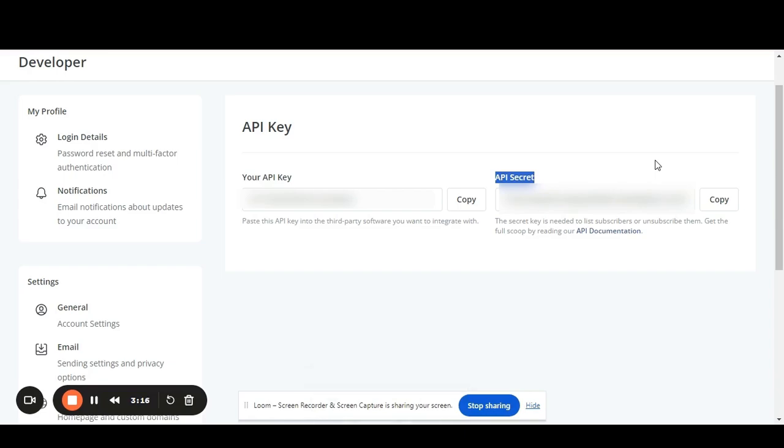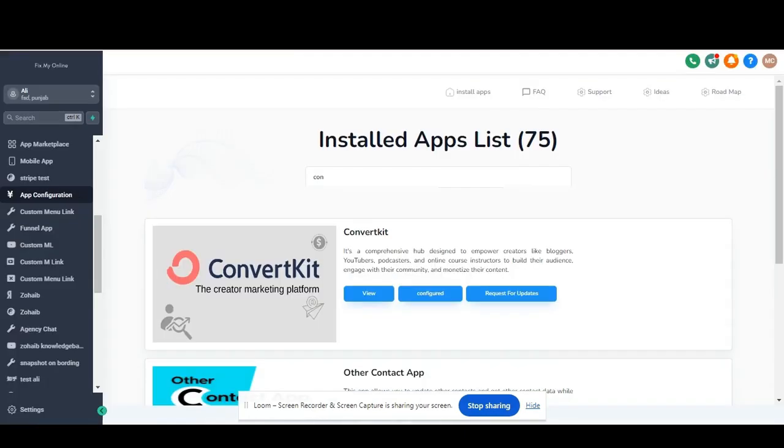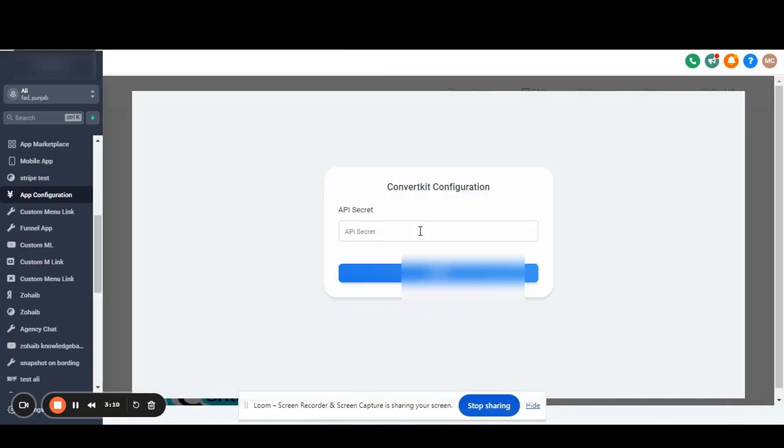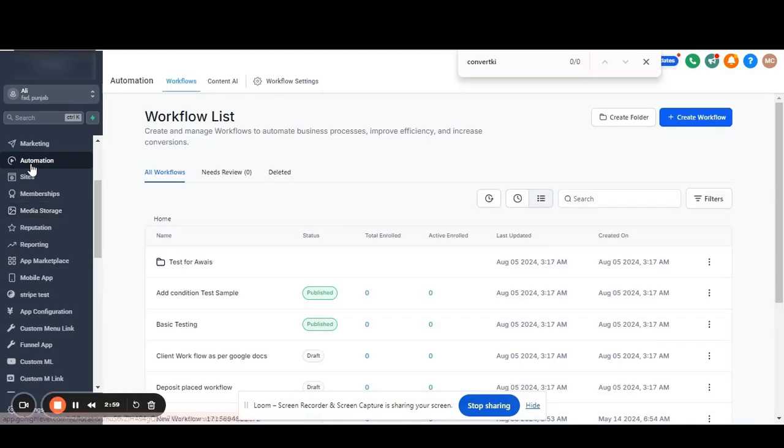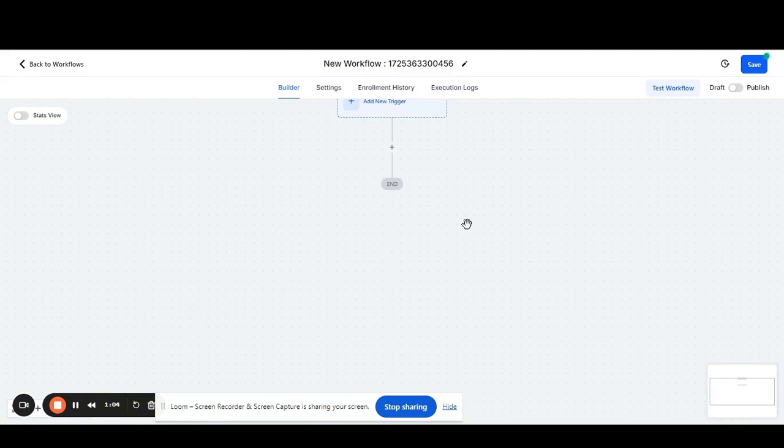After just copying this, you can just head towards ConvertKit in your location, paste the API, submit, succeed. After that, you will be heading towards your automations. Here you can just start from scratch. Now we are in the automations, so click on it,